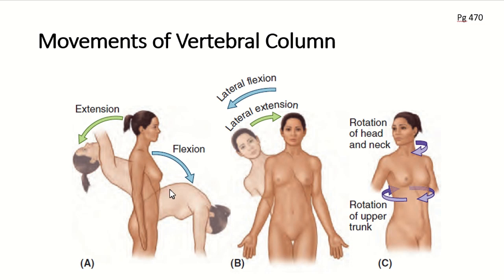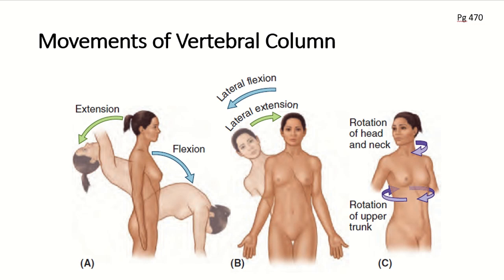The lumbar region, very similarly to the cervical region, has intervertebral discs that are large relative to the size of the vertebral bodies. If we're talking about lateral flexion, we actually see that we get a lot more lateral flexion both in the lumbar region as well as in the cervical region. In contrast, the thoracic region has intervertebral discs that are thin relative to the size of the vertebral bodies, which gives us that relative stability, especially because the vertebral column is connecting with the sternum and the costal cartilage.